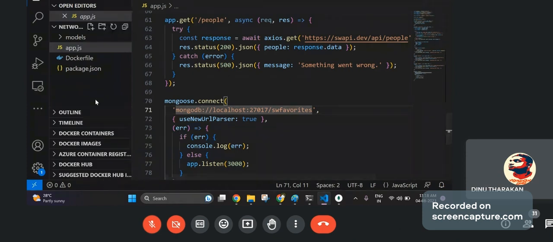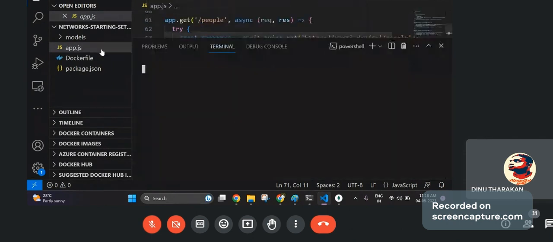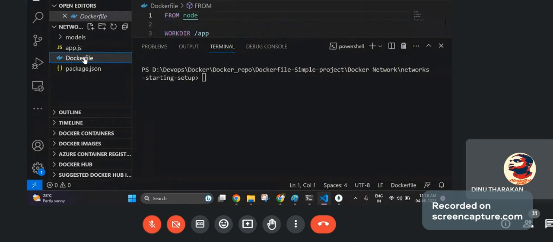What we are going to do is run this particular application on my local, so that I can show you the behavior of the application before containerizing it. So we click on terminal, new terminal. You can see a Docker file. I'll be creating a Node.js Docker later, but first we'll try to install this application on my local.